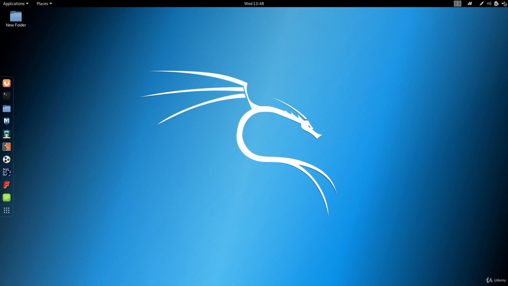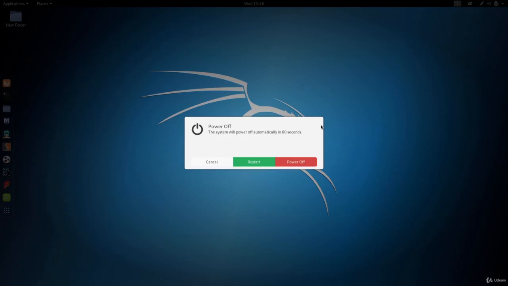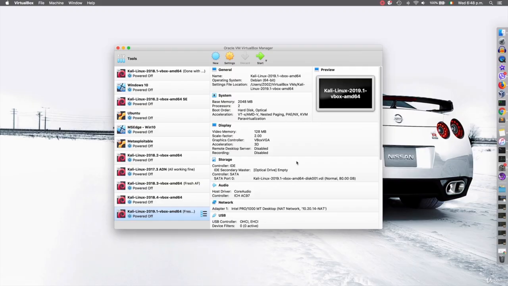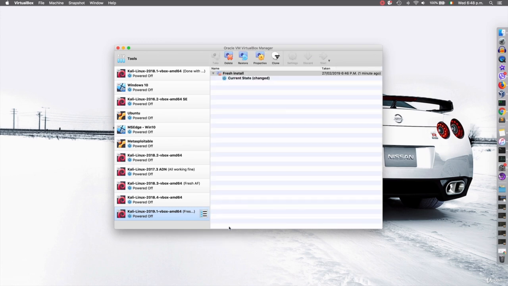So I'm just going to turn off Kali. And now if we go back to the snapshots, you'll see that we have our current state. This state has been changed, so it's a changed state. Now let's say that you updated and the update was successful, so nothing was broken and you are happy with it. So what you should do is you should just come in and click on the camera icon again to